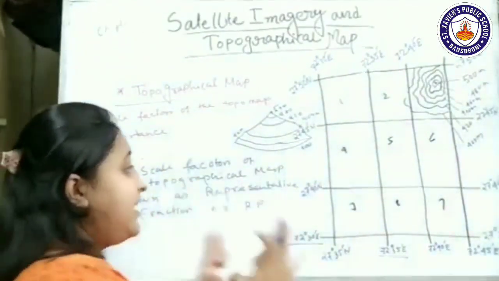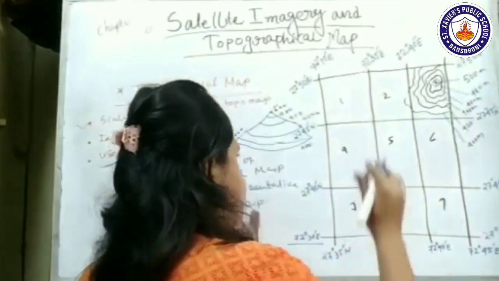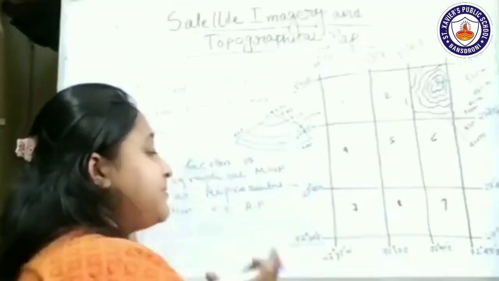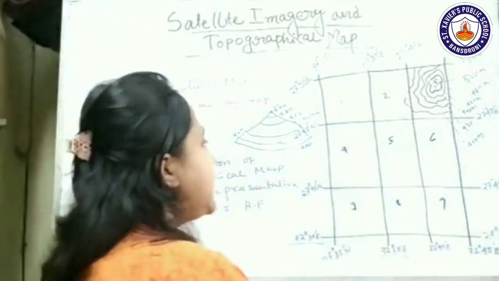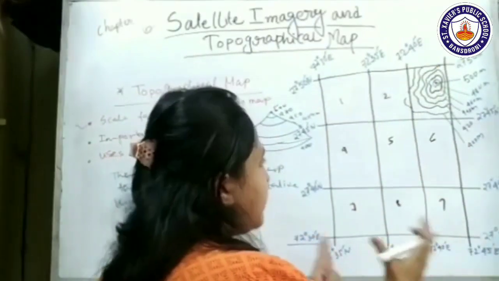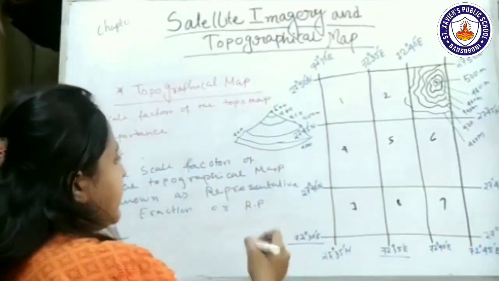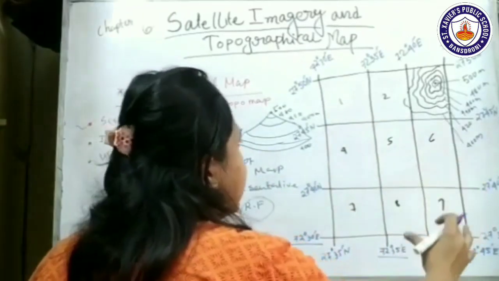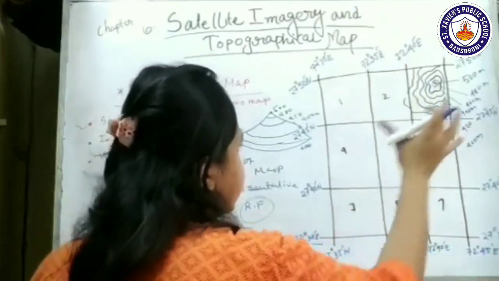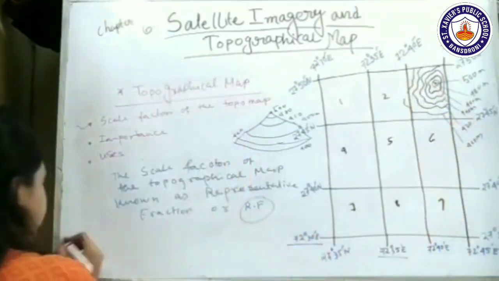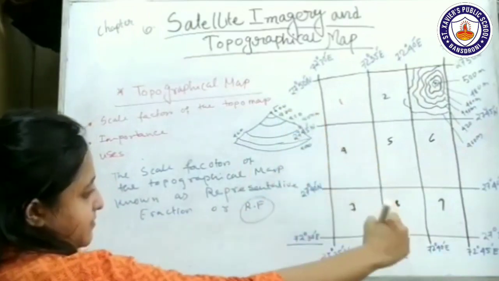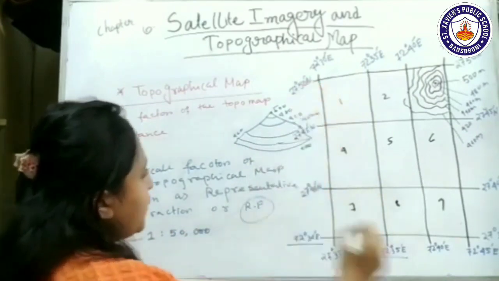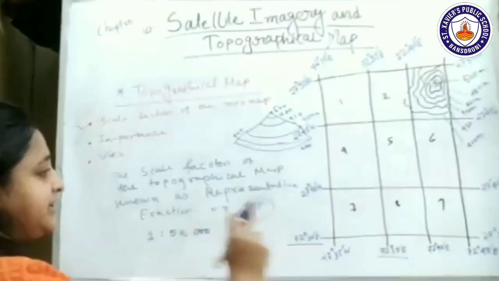Just assume that I make a map which includes the whole part of Kolkata, right? The size of Kolkata is not small. It is a big, huge area. So this huge area is covered in a small piece of map. The map scale helps to reduce the area and cover the whole huge part in a small piece of paper, right? So it has a particular scale. RF value is 1:50,000. This is the map scale of the topographical map. I think it's clear to all of you what RF is.